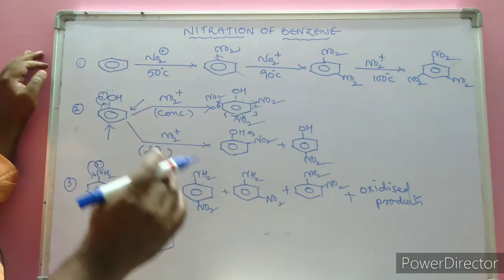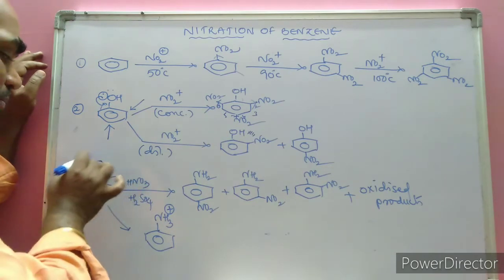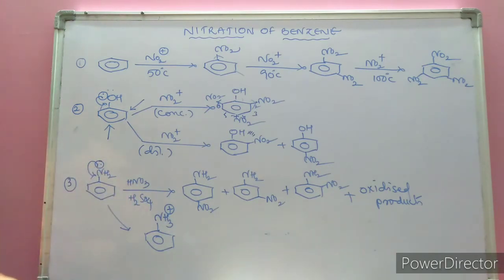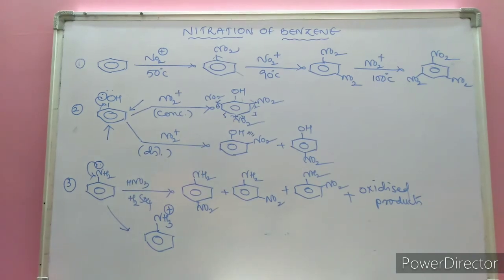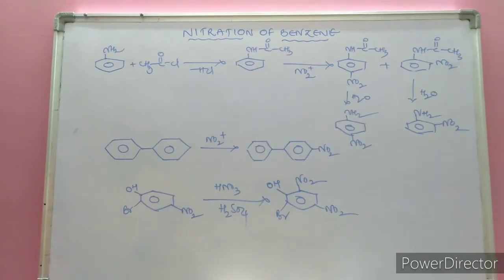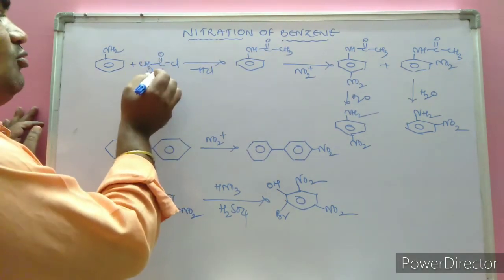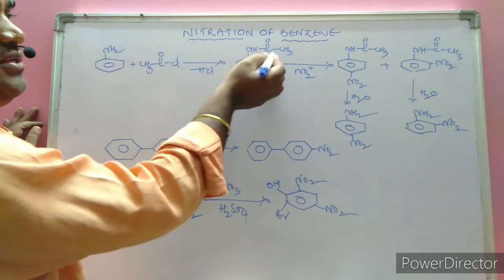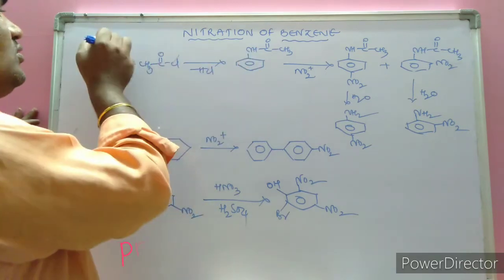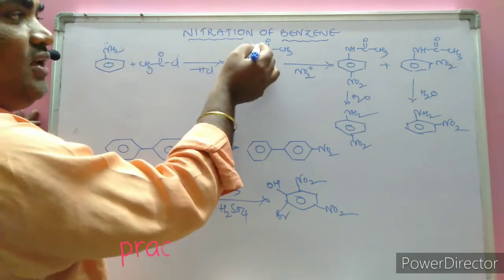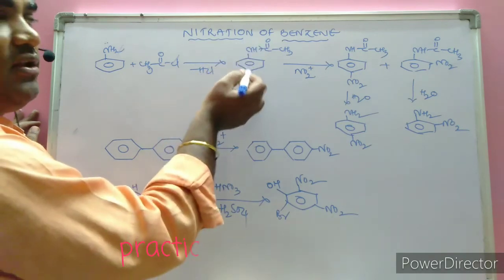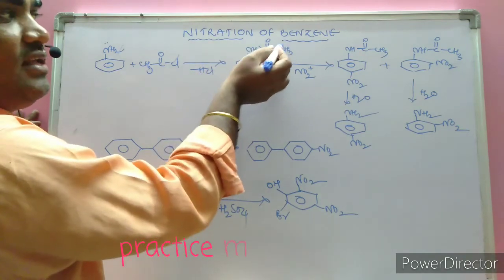But in order to get only one product, the aniline group must be protected, in the form of an acyl or any other protecting group. Protection of aniline is done by treating it with an acyl group, where loss of HCl takes place, giving N-acyl aniline. Originally it is an electron donating group, but when the acyl group is present on the nitrogen of aniline, it withdraws the electron density.